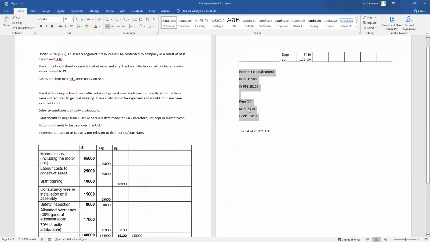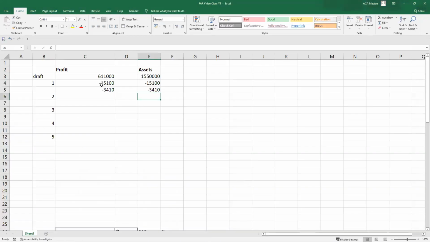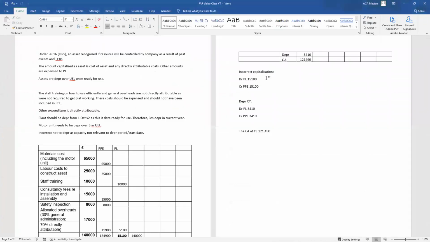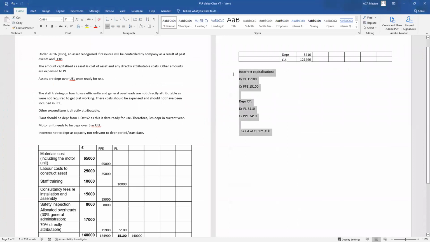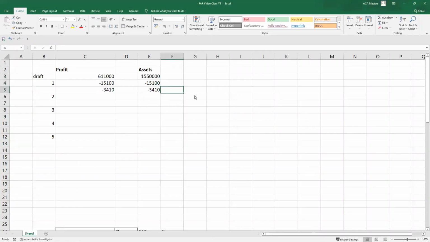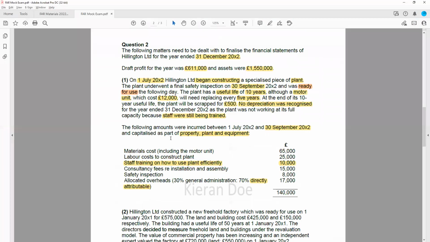This is fresh in our head. We know exactly what needs to be done. We've said what impact it has. If we have to adjust the profit or have to adjust the assets or have to adjust retained earnings, then it makes sense to just go and do that now. You could even label these up briefly if you've got time, incorrect capitalisation or depreciation. But it'll be very clear to the examiners because we set it out here, so probably no need to do that there. So hopefully you can see how it makes sense to do this second part of the question now,